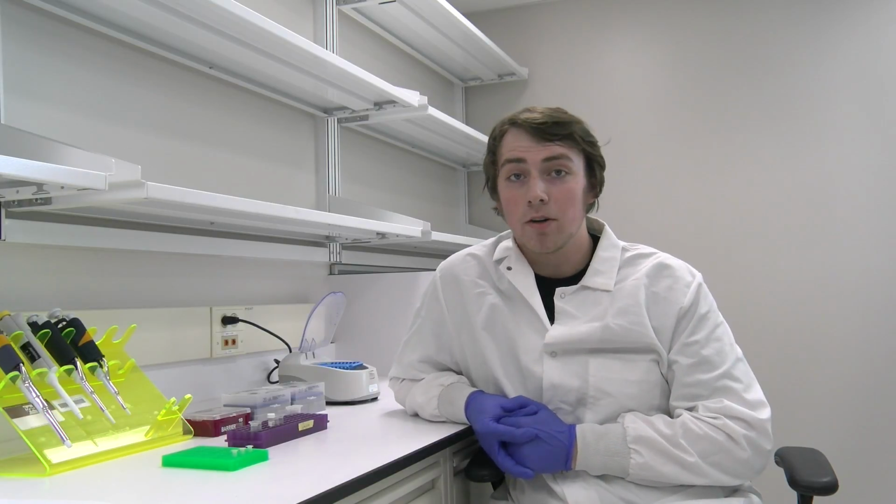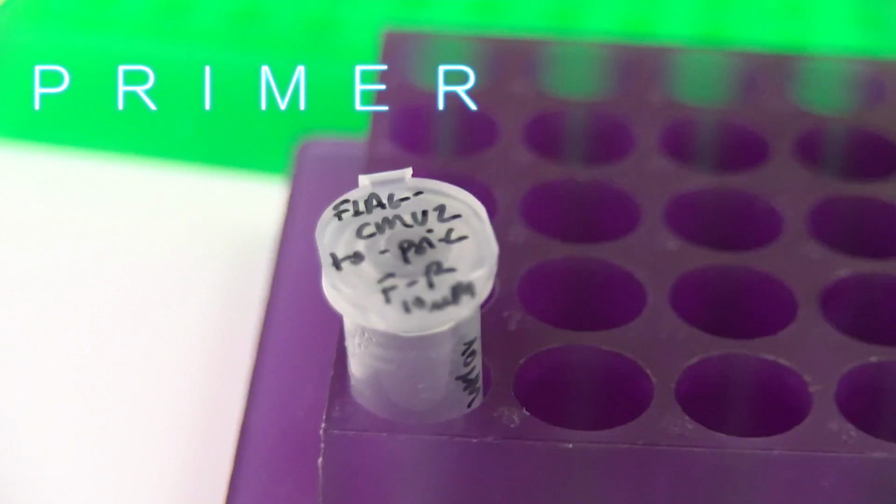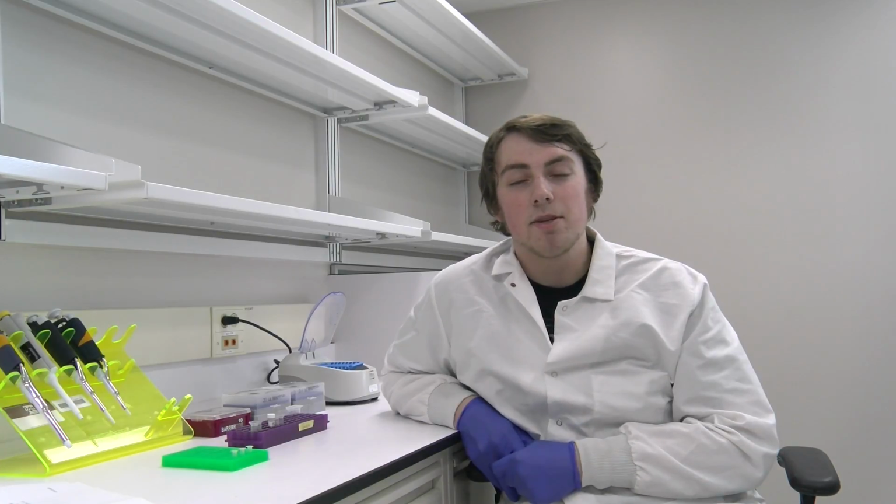To begin amplifying, we need to create a solution that the reactions can actually take place in. There are 6 components to a PCR. First, we start with the DNA that we're trying to amplify, which can be from the genome or from another plasmid. Next, we have the primer, which is a synthesized strand of nucleotides that designates exactly what part of the DNA we're amplifying. There must be a forward and a reverse primer. The Taq enzyme uses these primers to recognize specific restriction sites, and then begins to anneal nucleotides according to the complementary strain. Finally, we need to add concentrated reaction buffer to create an environment that will be optimal for the Taq enzyme. We then add water to dilute the reaction so that we have a larger volume to work with